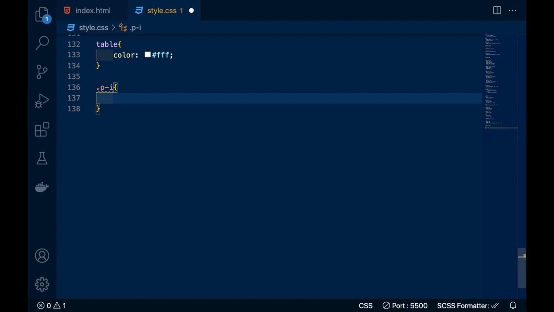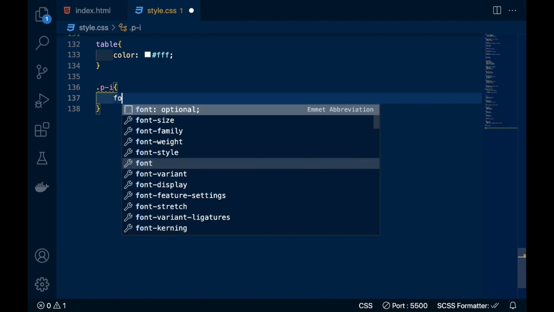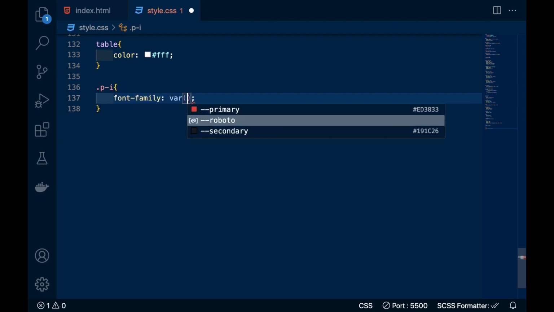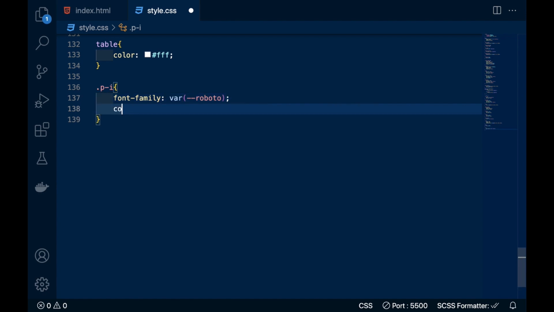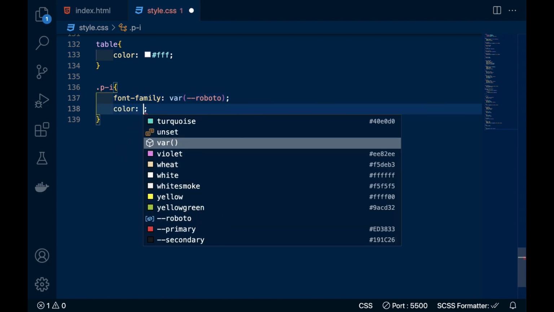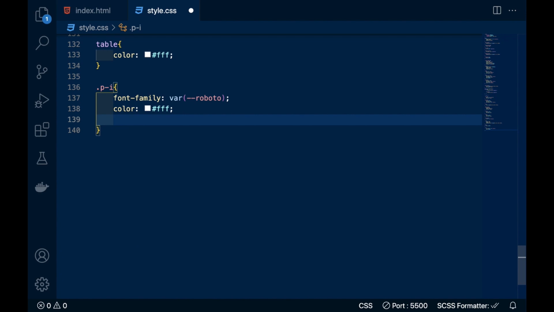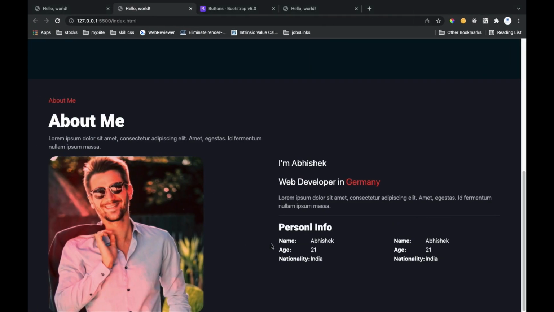Copy it, and for font family we will use Roboto, color would be white. Let's see how it's looking.